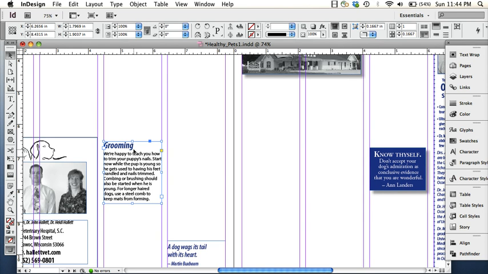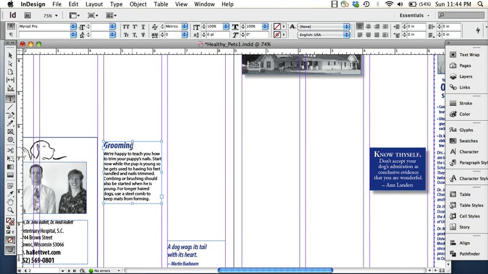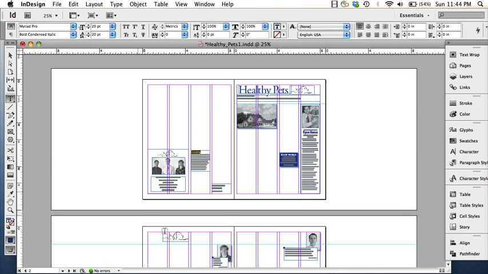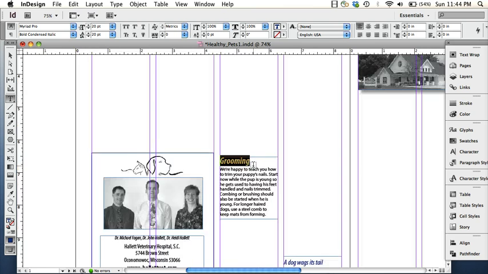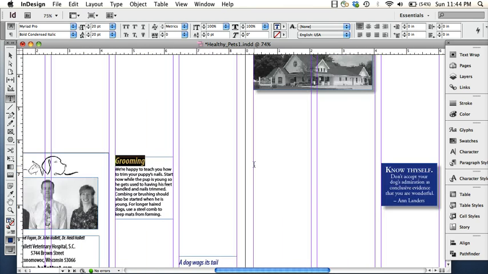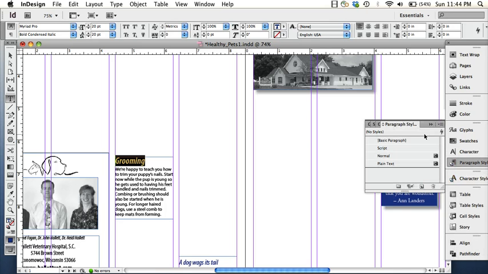So we're supposed to select the word grooming, which is on the back cover. So let me zoom out to show you where we are. So on the first spread, and then the word grooming, we're going to use that and then go to our paragraph styling and create a brand new one. So first I'm going to hit new style, and then it's going to be paragraph styling 1,